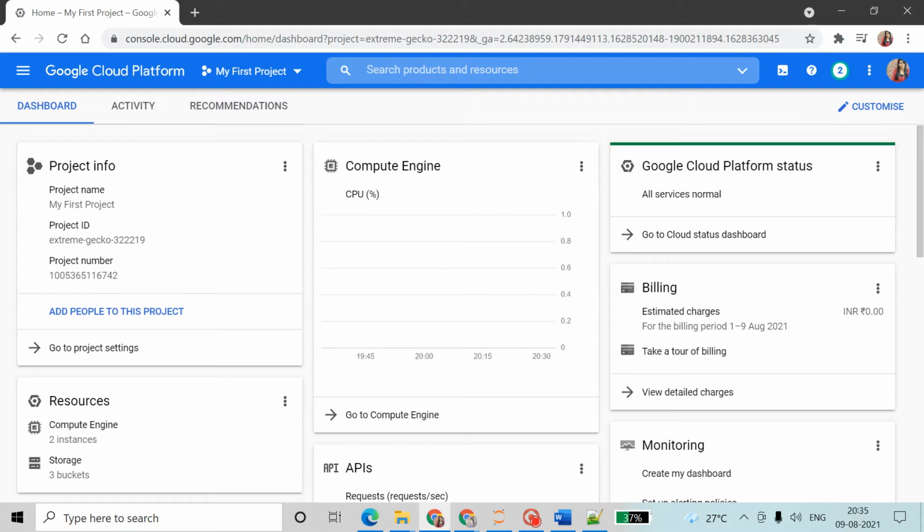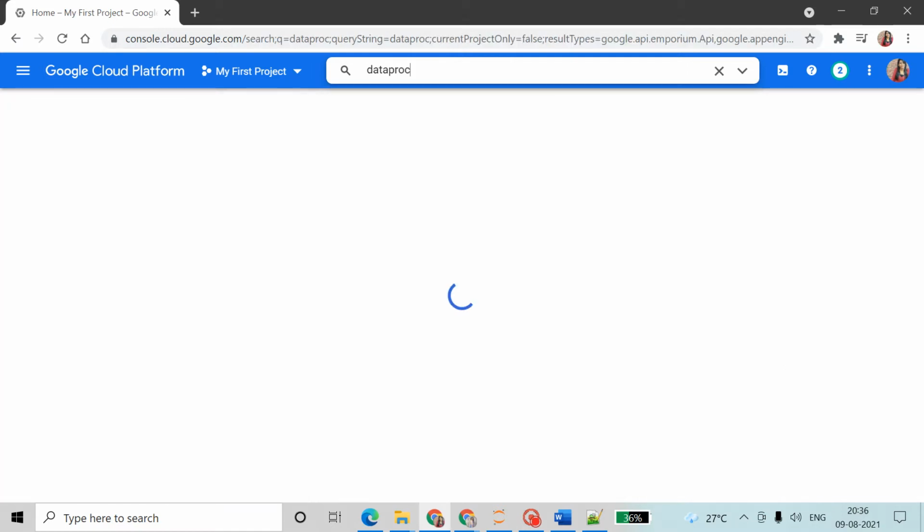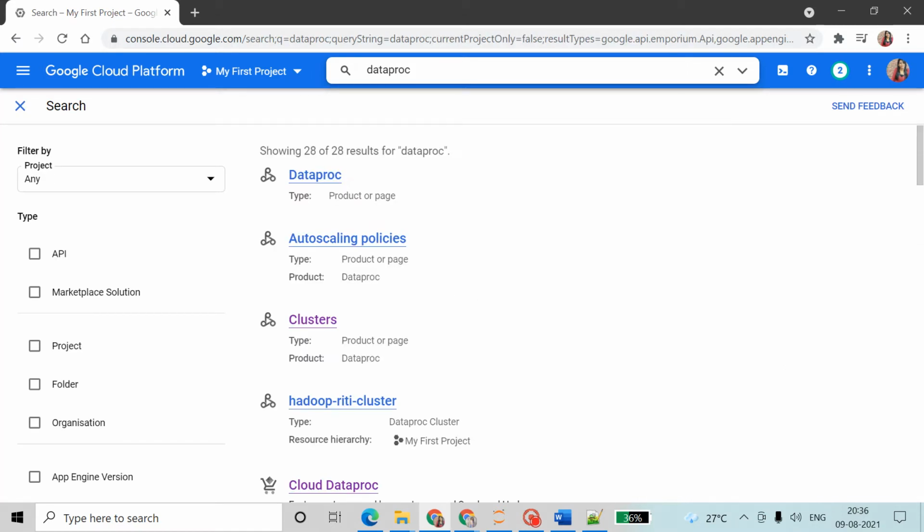When you want to create one cluster, it will take only 19 seconds to create that cluster. Here we will search Dataproc, and it shows 25 results. So this is the service I want to explain to you, that is Dataproc.